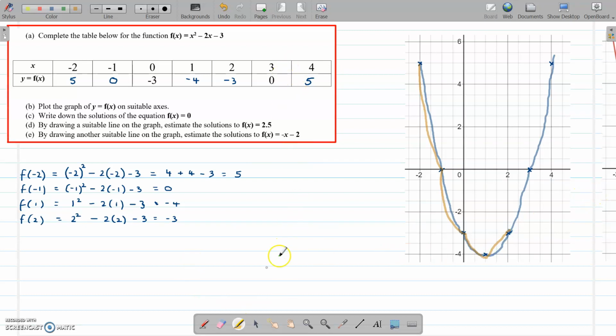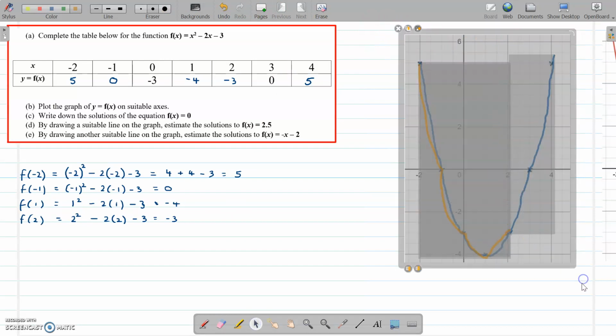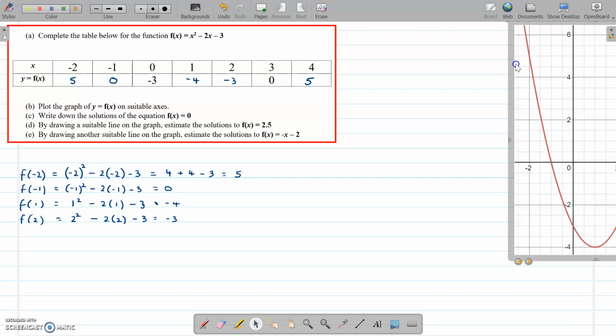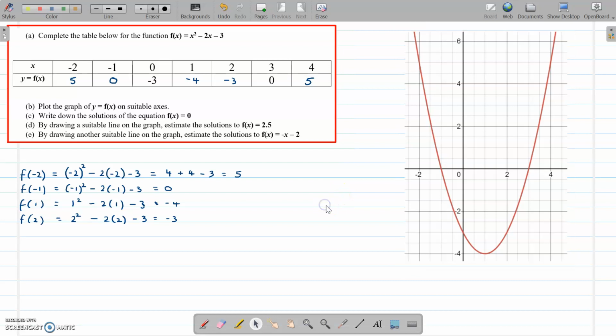Anyway, let's take away this, and to make the rest of this question look really good, this is going to be replaced by something a little bit better, which is about to appear from the right, and there it is. So if I had a steady hand, that would have been my perfect sketch for that graph. Okay, now moving on,